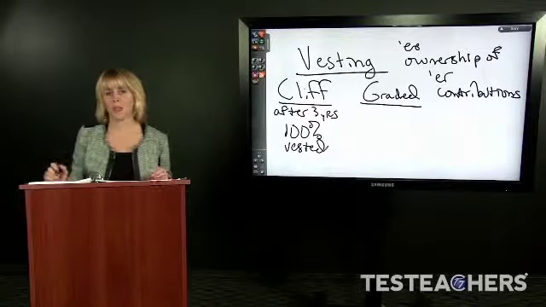One of my girlfriends was working at a large business, and she said, do you know what? I have 6 more months till I'm vested. She said, I hate my job so much, I quit. So it is done for employee retention, so that employees think before they leave about whether that money belongs to them yet. And she said, there is no amount of money that would make me stay at my awful job. I felt so bad for her. But I thought it was interesting that it was something she thought about. So employers do like these. It's expensive to train employees. So it's done to encourage employee retention. Her place of business had a cliff vesting schedule.